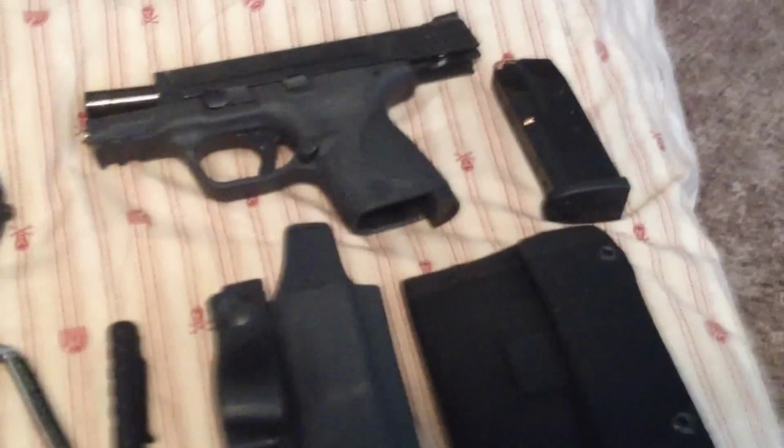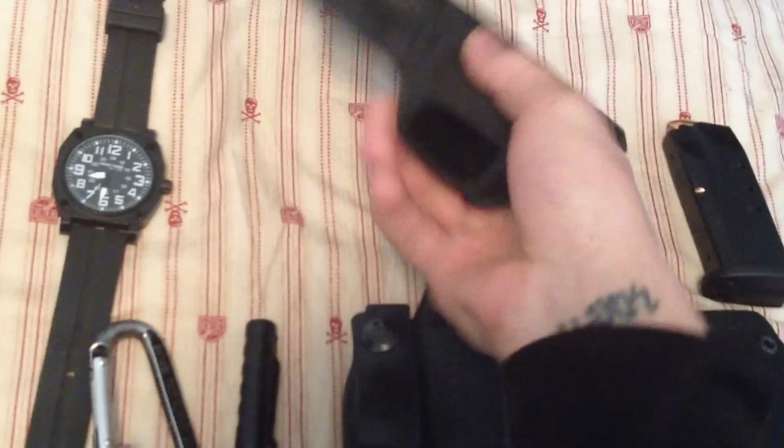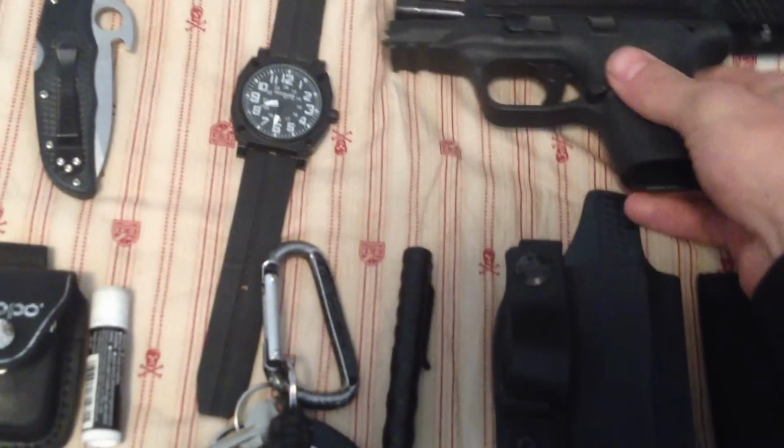Before we get started, before anything, there's a firearm. Safety check. New magazine. No brass, no ammo. Anyway, as I was saying,